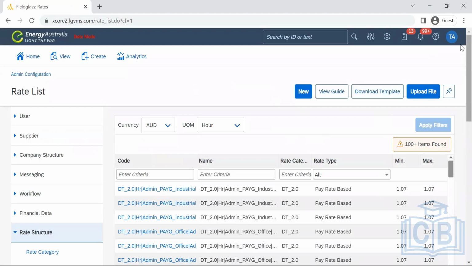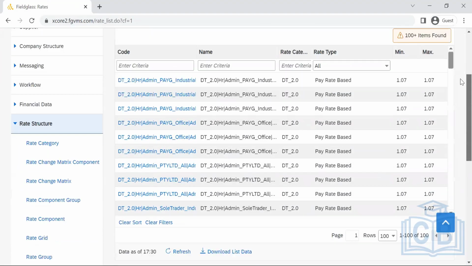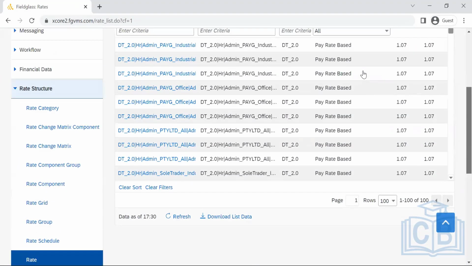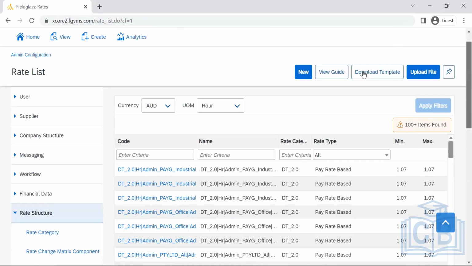So if we have to upload this in bulk, we can go ahead and do it. We have got the template here. If we download the template,